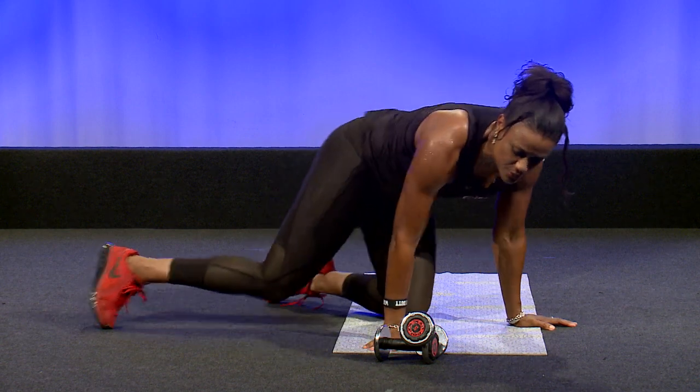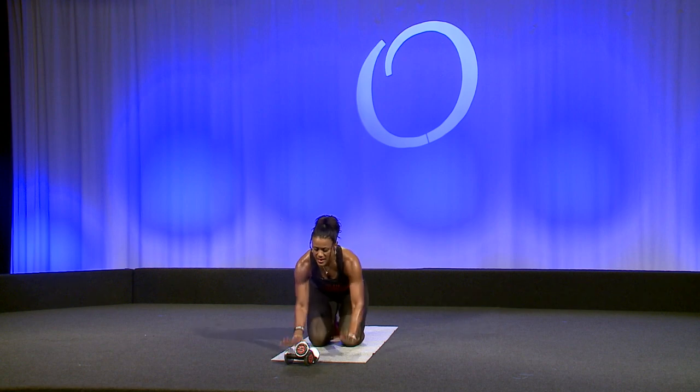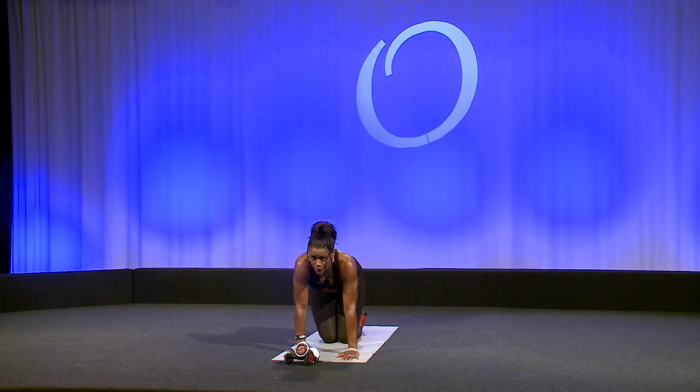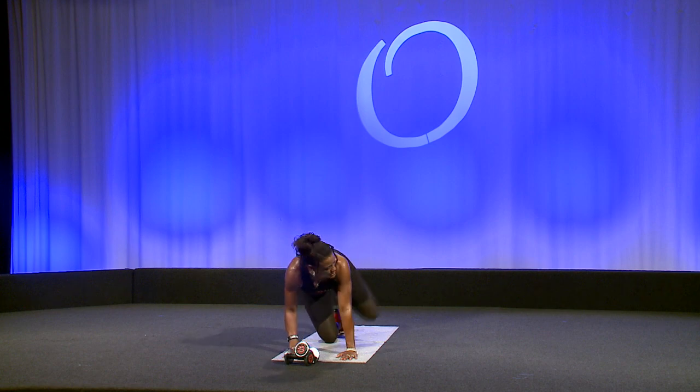So the next exercise we're going to do is one in which you're here. Now, if you have issues with kneeling, you can get a towel or a pillow and put this right here. But you're going to have your hands flat like so. And this is also for your obliques and for sculpting and toning your legs. We're going to take it out to the side here, bring it back in, and we're going to switch up